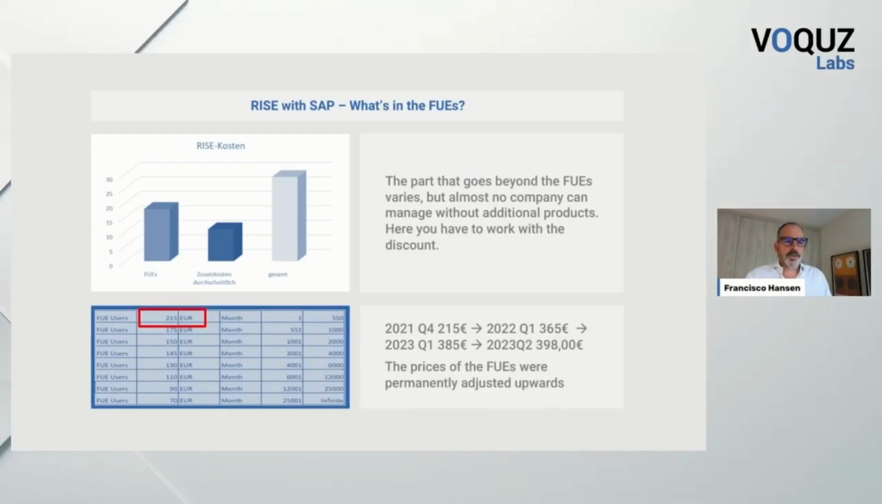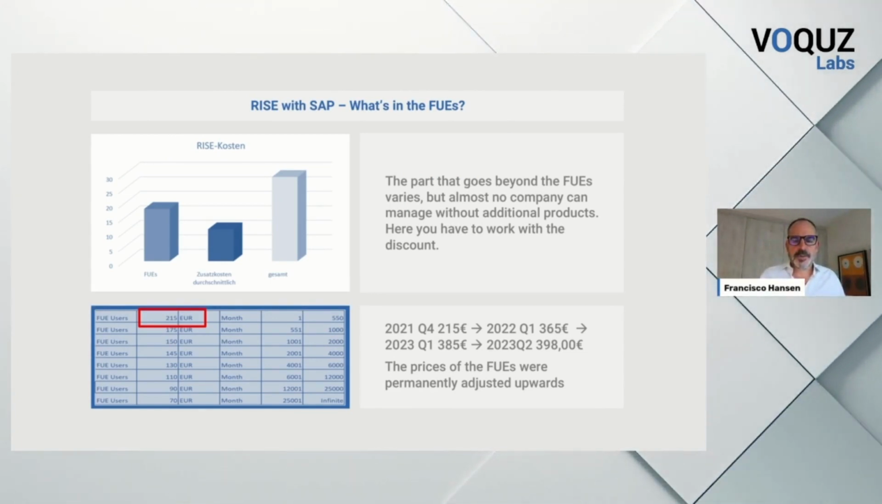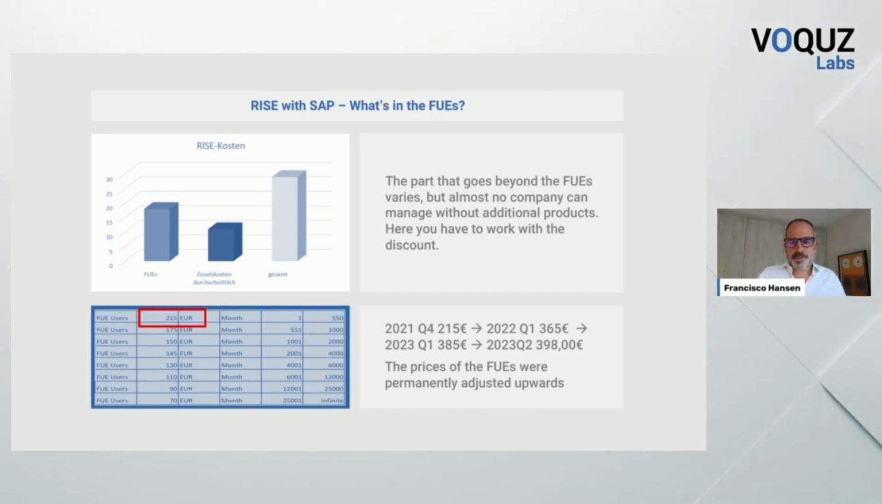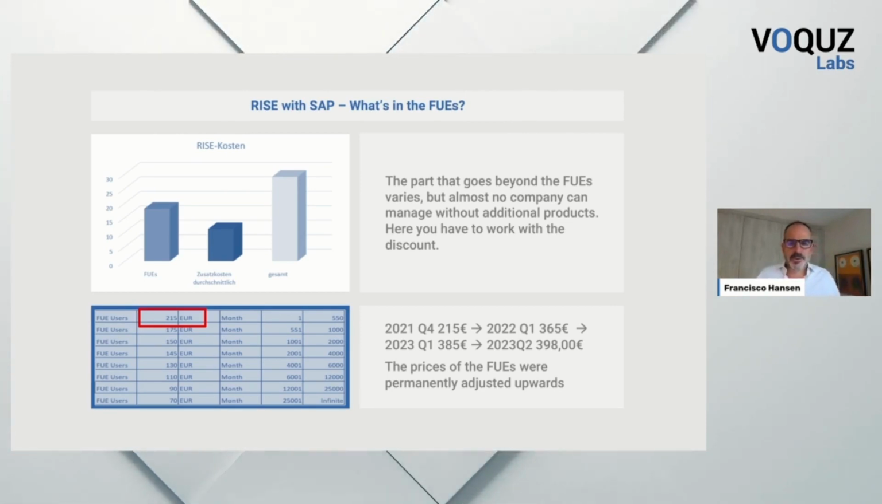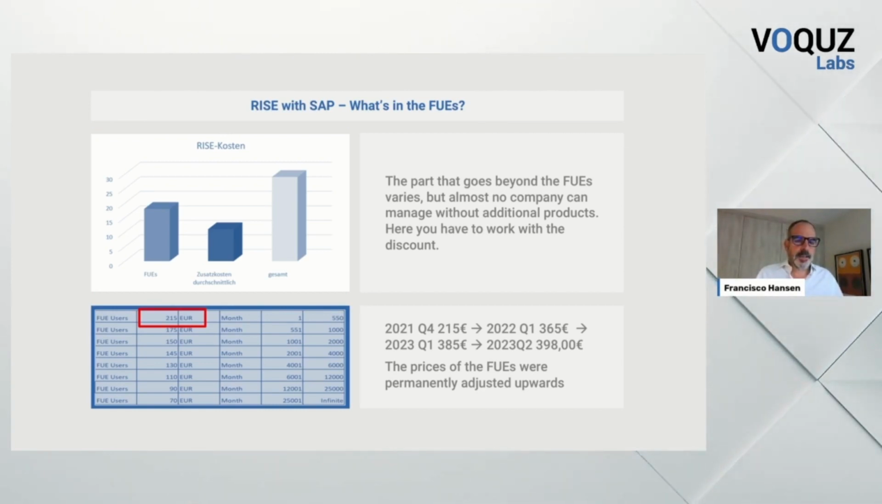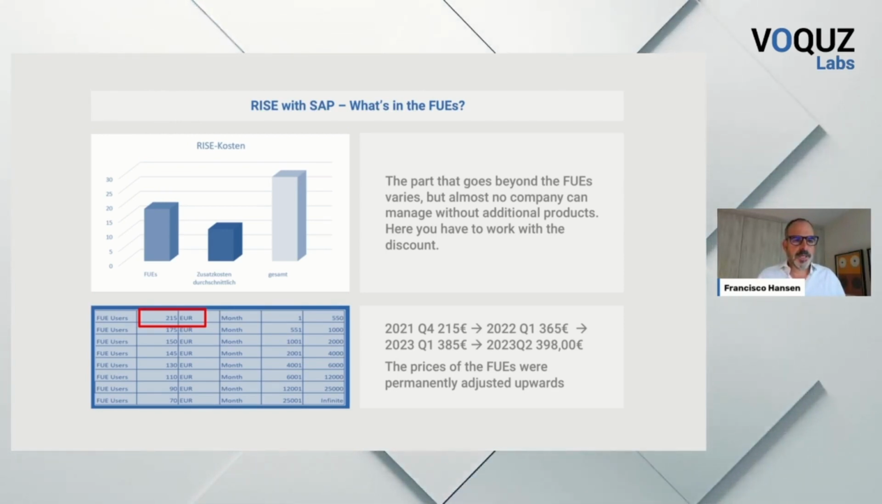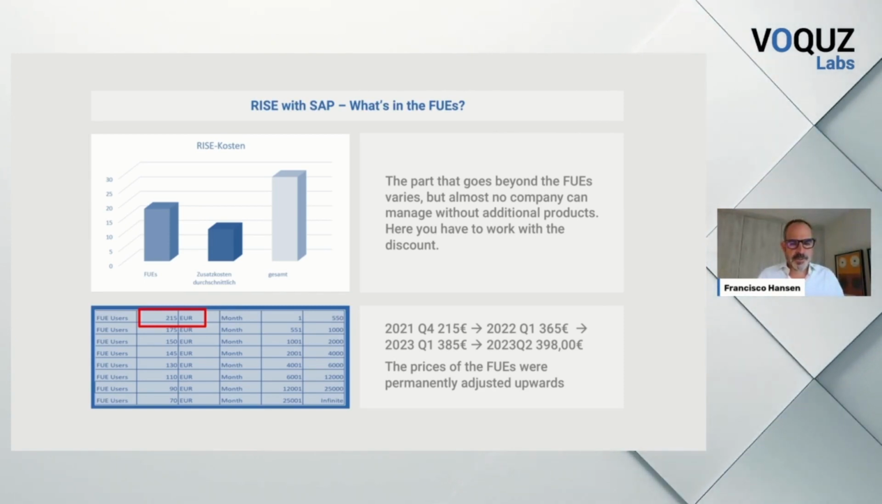The next thing we need to look into, the full user equivalence. Now, one of the disadvantages of subscription-based models is you can't stop paying. It's a rental. When you stop renting the car, you don't have a car. So you need to buy one or start from scratch or rent a new one, etc. But you are at the expense of whatever the supplier does with its prices. And we have an issue here. If you look at the prices for RISE with SAP from the beginning of 2021, where it was 215 euros,